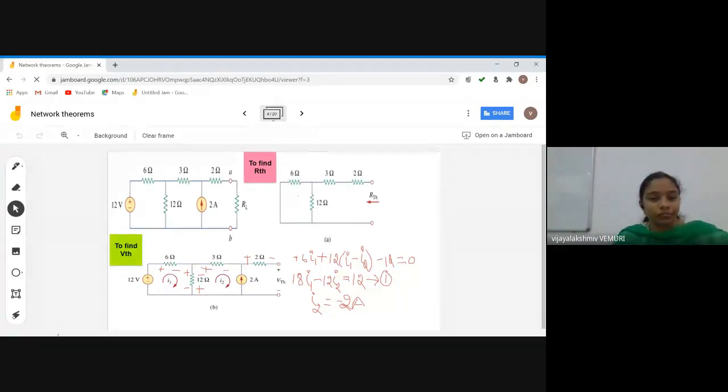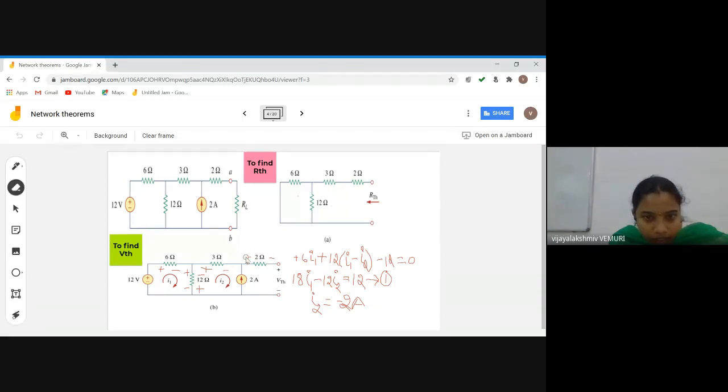Okay. So this is our circuit, isn't it? This is how we found out the RTH value, which is equal to how much we got? RTH value is 9 ohms we got. Now coming to finding out the Thevenin equivalent voltage, what we have to do is...